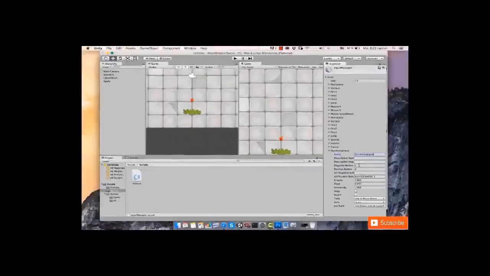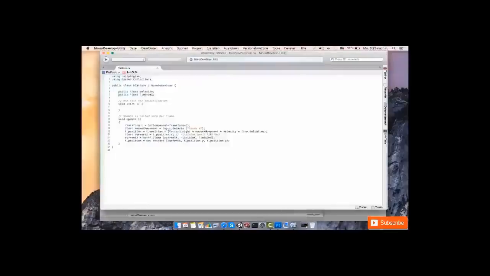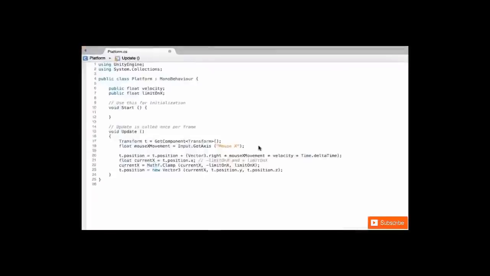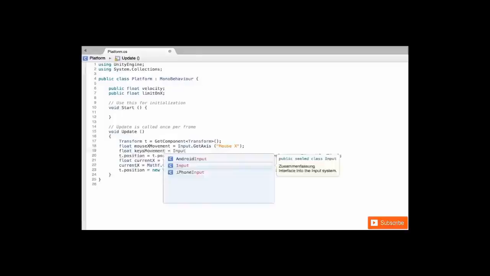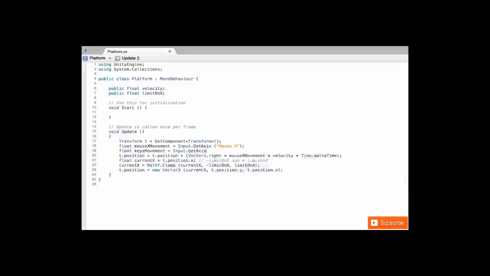Okay, so now we just have to grab the value of this input, and it's going to be a negative value when we press A, it's going to be positive when we press D. Very simple. So going back to our script here, we just have to grab this input as I told earlier. So let's attach it to a floating point value. I'm gonna give it a name that can be keys movement, and this is going to be whatever value is retrieved by input.getAxis, and the axis I want to get is